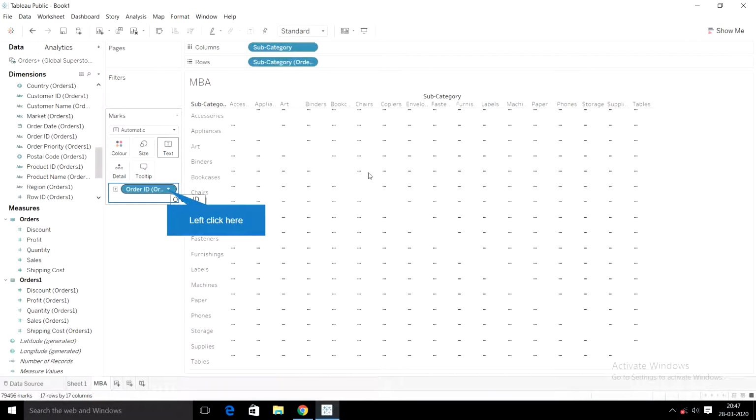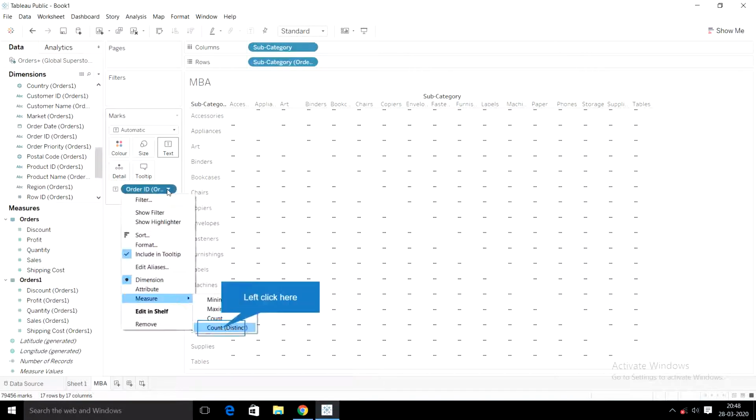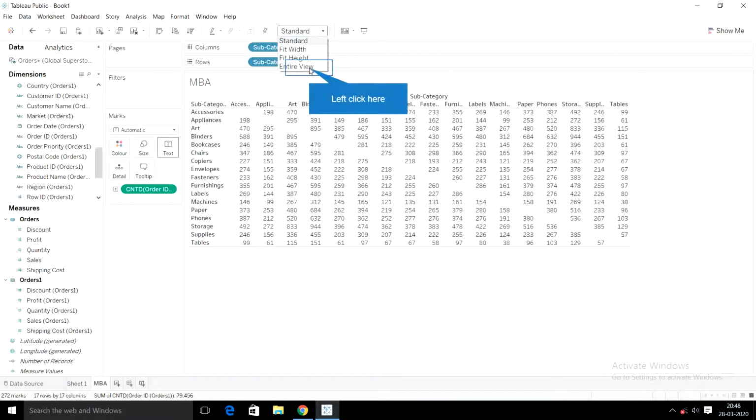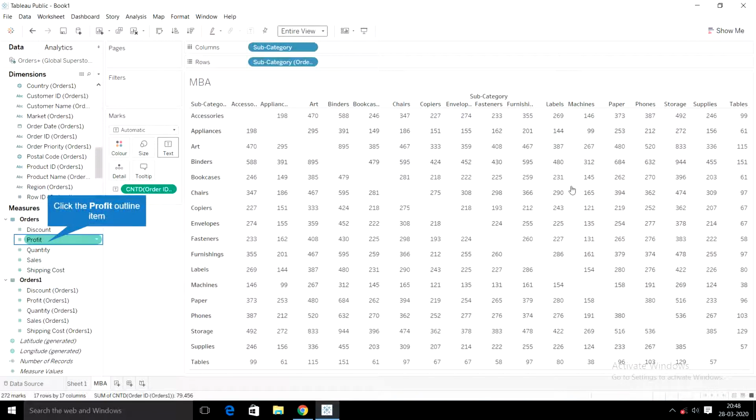The values are very small in size, so we are going to extract the data which are unique in value. To get the unique IDs, we go to this drop down menu where we can see the measures. In measures we select count distinct. Once you do that, your table will be ready. We view it in full screen mode. Yes, this is the data which is extracted.